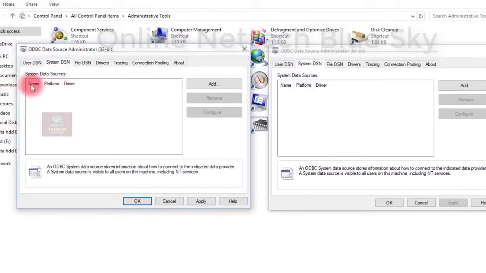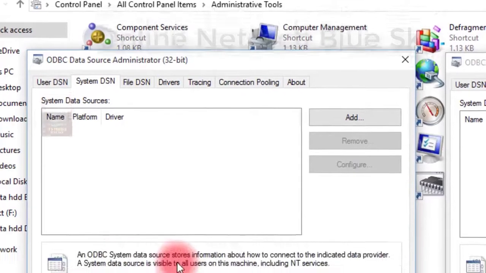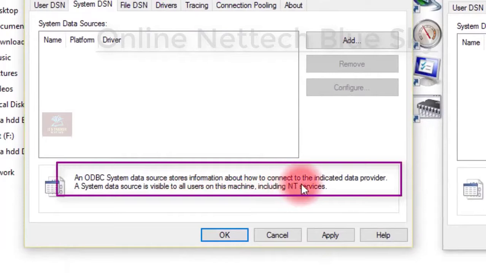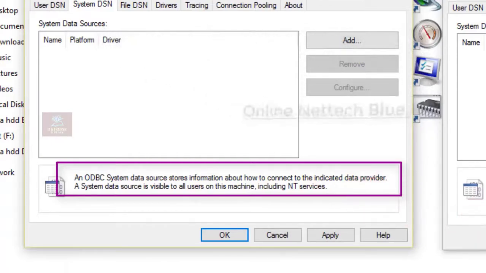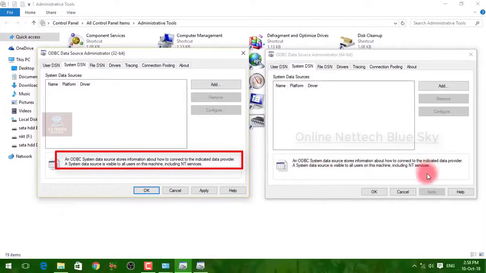This system DSN is a main process for your operating system, along with the platform name, drivers, anything you work with. So system DSN is always your source of data, storing information, connecting your ID, your data, your version of your machines and your devices. So this includes NT services, network technology. NT services network means this works only for networking and different tasks.